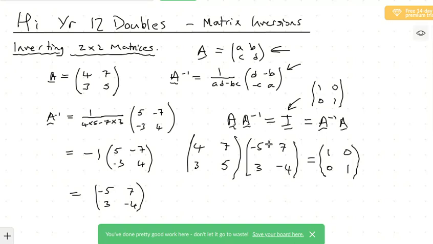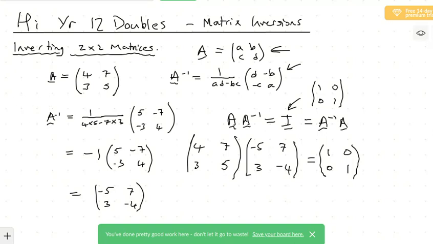In fact, 99.999% of the time, A times B does not equal B times A. It doesn't mean it's impossible. A times B can equal B times A. In fact, when you've found the inverse matrix, it doesn't matter whether you pre-multiply or post-multiply by the inverse, it always equals the identity matrix. Okay, so that's inverting a 2 by 2 matrix, and that should just be a little bit